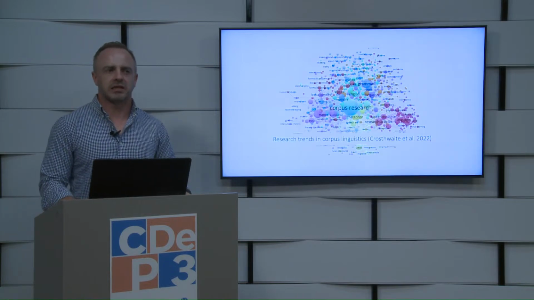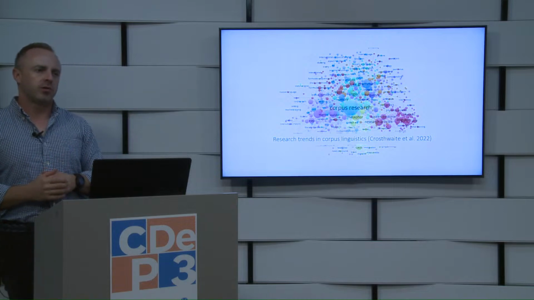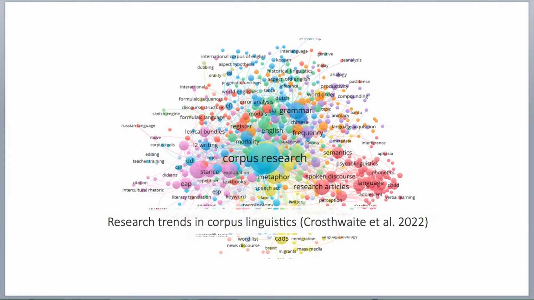So corpus linguistics, what is that? A corpus is essentially a big collection of texts, and that collection might be on academic English, it might be on academic Portuguese, it might be on general English, it might be on stories, it might be on news broadcasts, it might be on presentations.